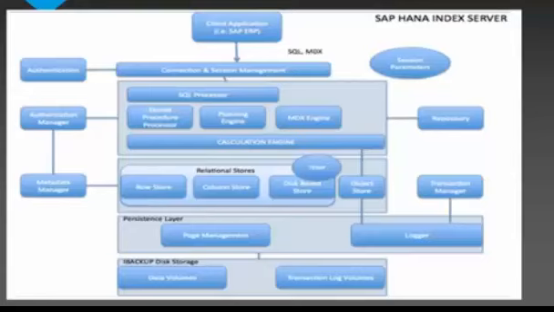Basically, row store is just that it stores the table records in a sequence of rows in the memory, and column store stores the table records in a sequence of columns. So the entries of a column are stored in contiguous memory locations. That way, these are totally different